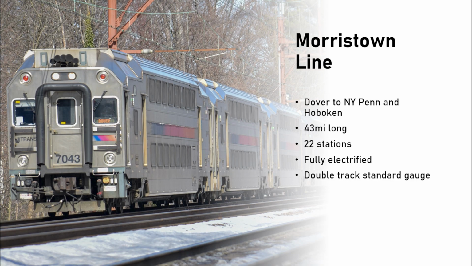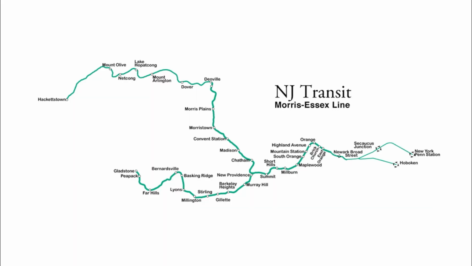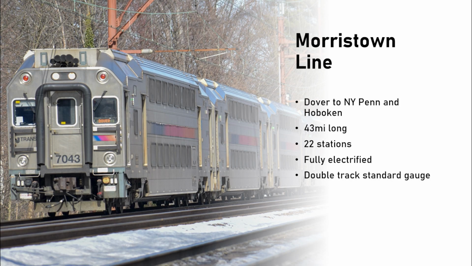So, the Morristown line, which is this top bit, obviously running through Morristown, and all the way out to Hackettstown, but beyond Dover is diesel only, so I'm only suggesting up to Dover, because that's where most services end. I should stop yapping. So Dover to New York Penn and Hoboken, that is 43 miles long, with 22 stations,